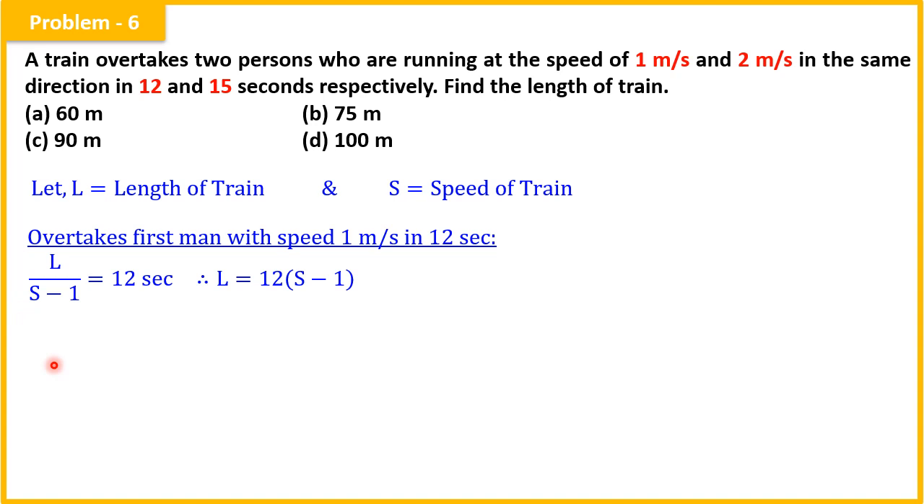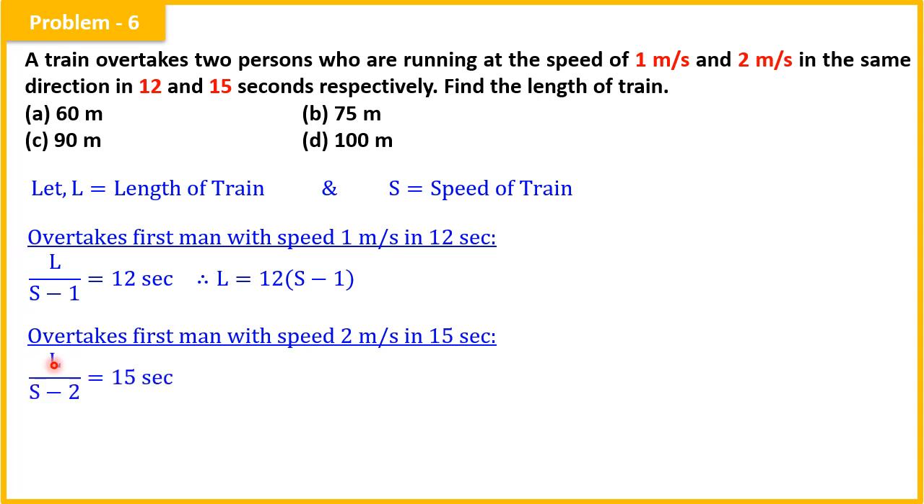Similarly, it overtakes the second man who is running at a speed of 2 meter per second in 15 seconds. So the equation can be written as L divided by relative speed, that is S minus 2, is equal to 15 seconds. So we can write this as L is equal to 15 into S minus 2. Now looking at both these equations, the left hand side of both the equations is the same, so we can equate their right hand sides. So I can write 12 into S minus 1 is equal to 15 into S minus 2, and solving this